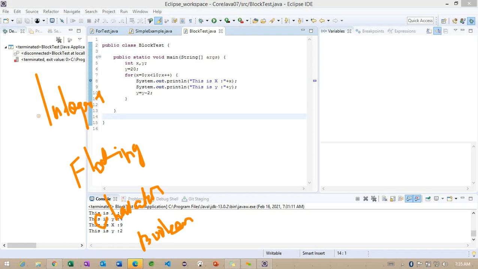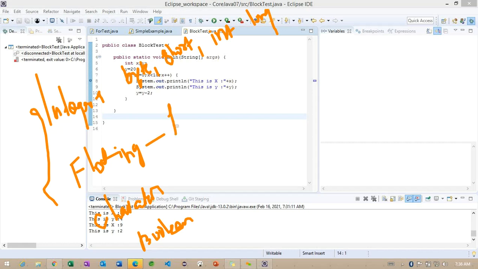So these are the 4 categories here. In the fourth category, we'll check how exactly the internal subcategories will identify. In the integer category, we are going to have 4 data types here. The first one here, byte, short, int, and long.